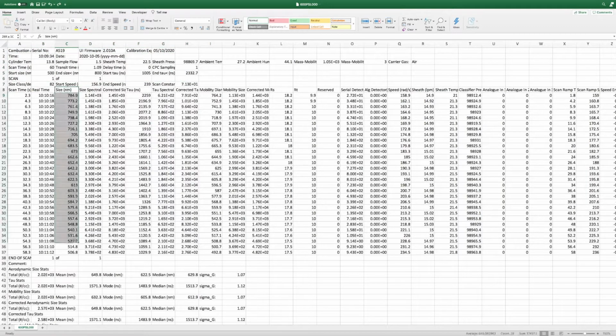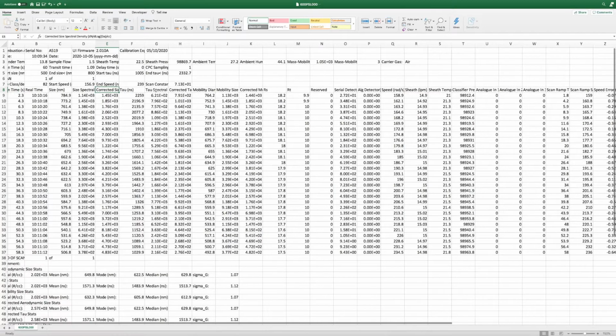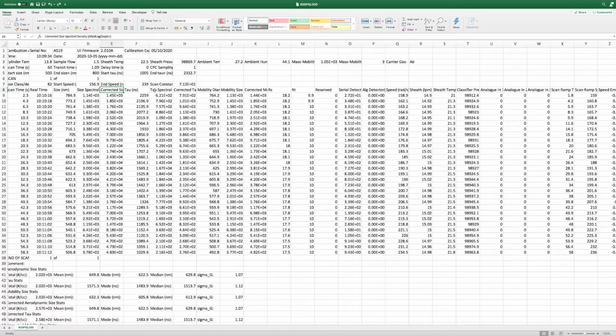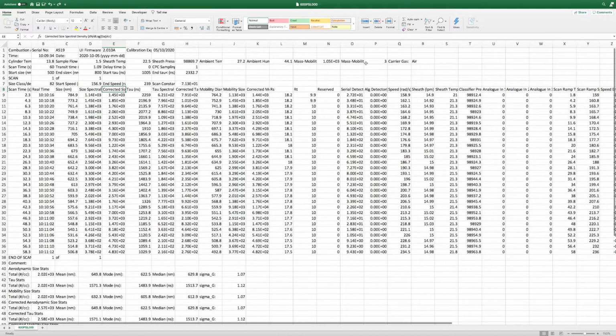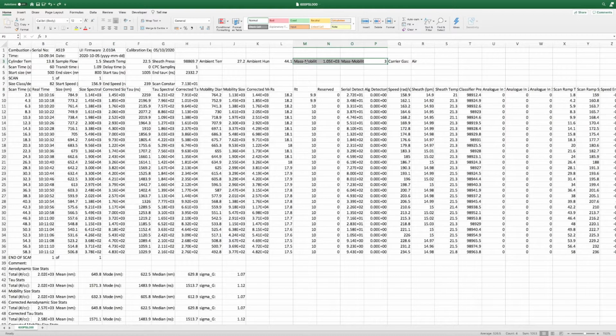This column here is the aerodynamic diameter in nanometers. Next to it is the size spectral density, or dN/dlogdA, effectively the concentration in differential form. And next to that is a version of dN/dlogdA that's been corrected for diffusion loss. Then we have some columns pertaining to relaxation time, which is a parameter which is related to aerodynamic diameter. And then we have columns which are in mobility diameter space. And these will be converted using the density and mass mobility exponent, which can be entered into the software.